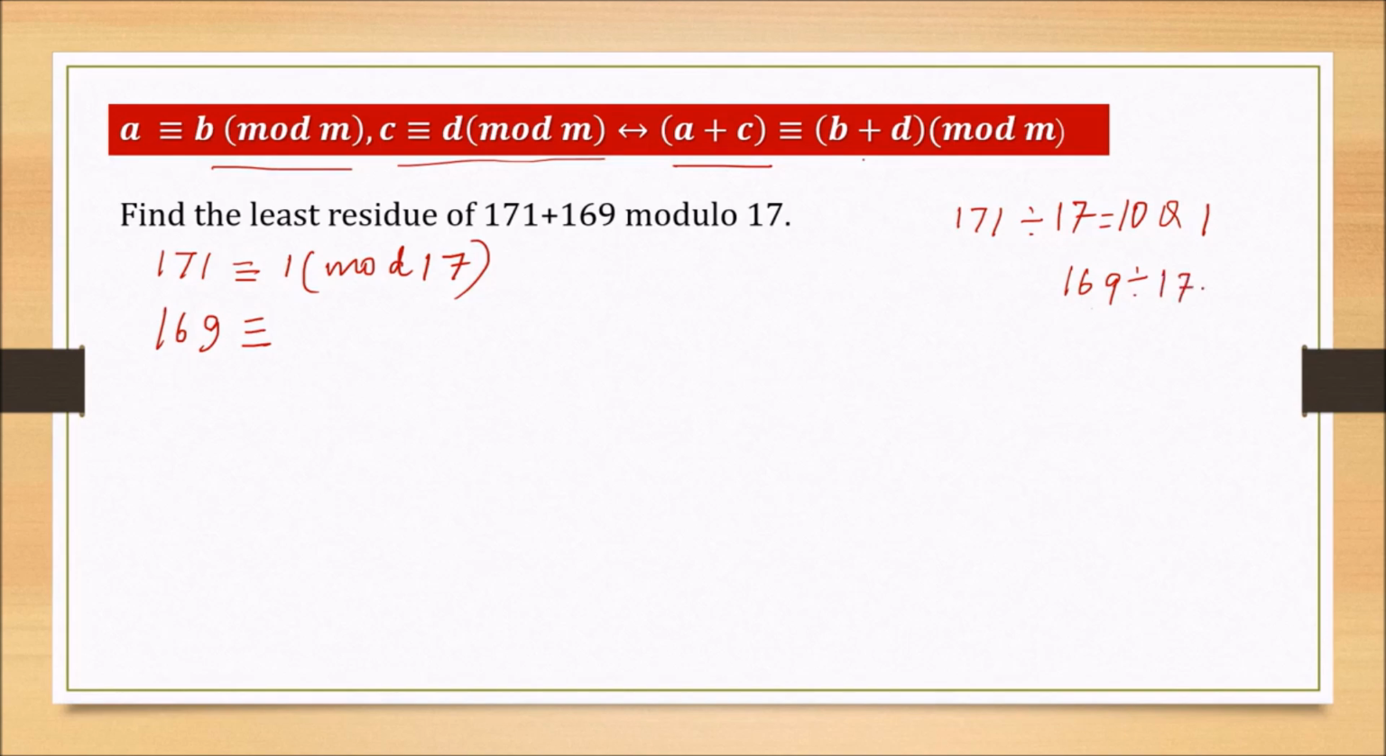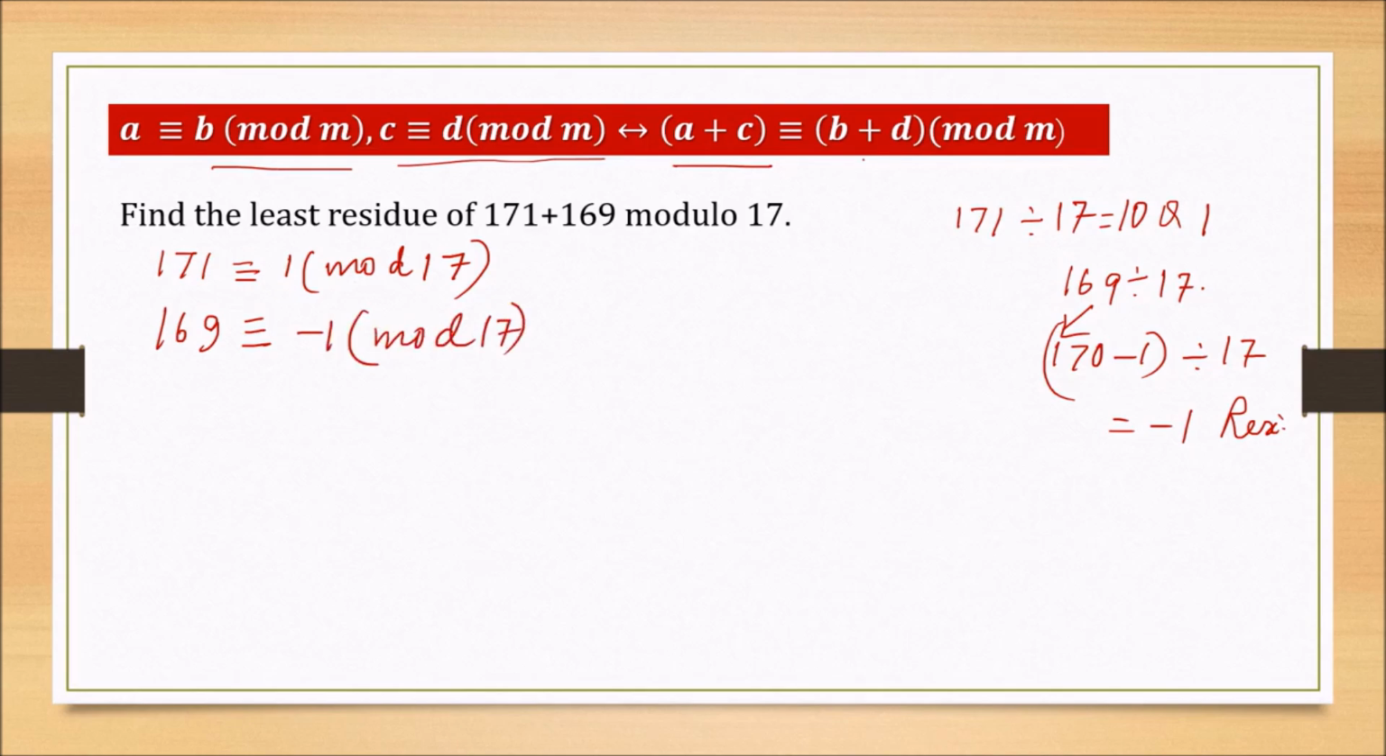I'll write this as 170 minus 1, divided by 17. So certainly negative 1 is the residue. So this will be negative 1 modulo 17. Now the question is, we can write